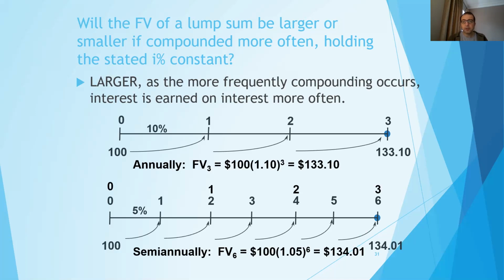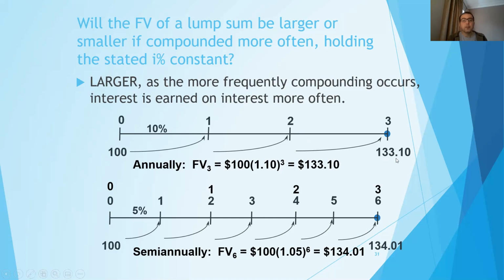So remember our 3 years example. We are with one single cash flow, of course. Now we are not talking about the annuity, but we are talking about one single cash flow. So the 100 for 1 year is compounded with 10%. For 3 years, then we end up